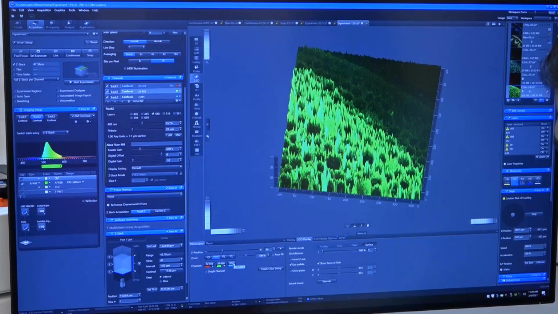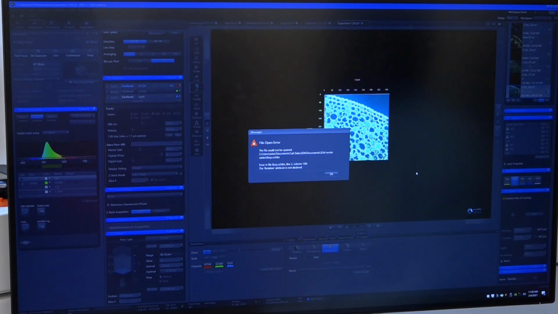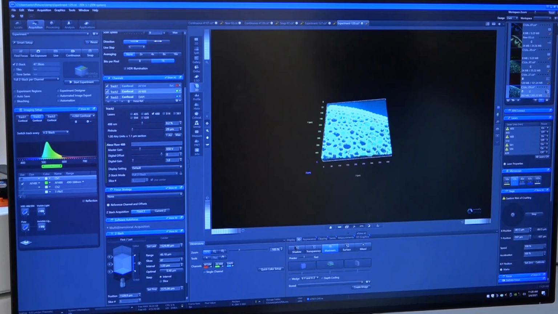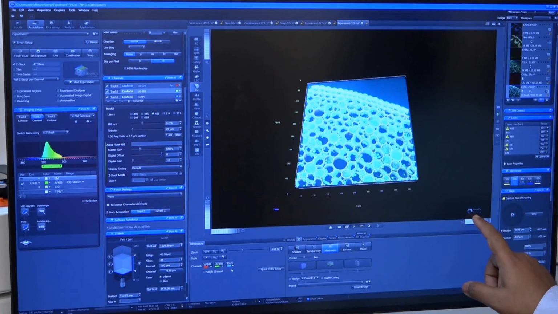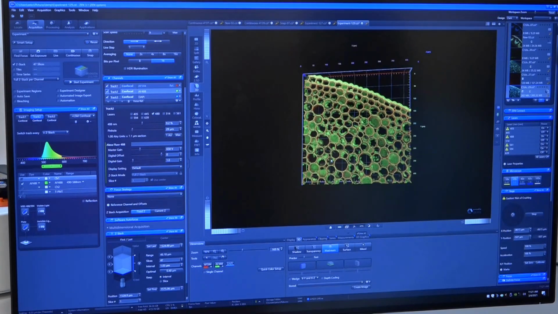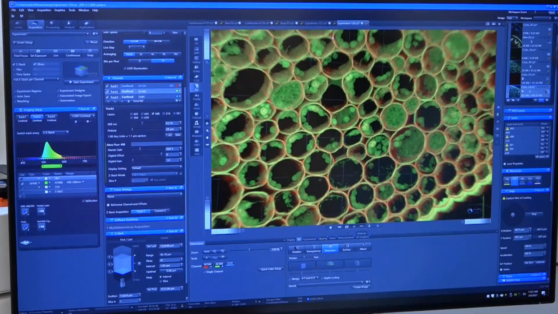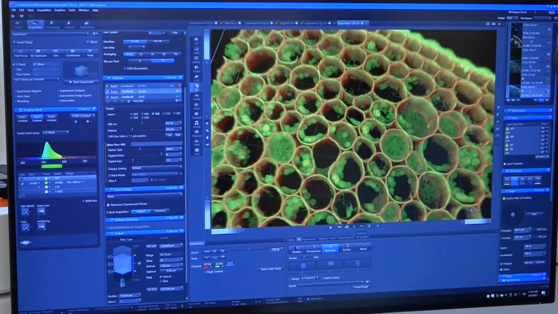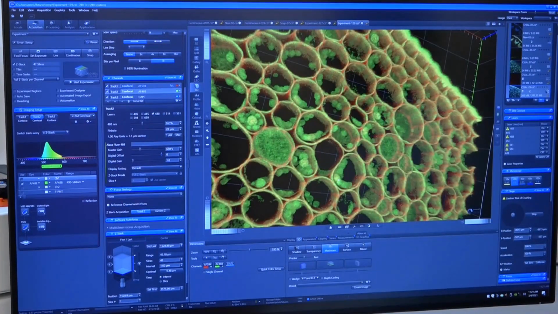You can also have a 3D option. So the 3D is powered by Arivis. Arivis is a software usually used for high-end 3D imaging. Recently Arivis has been powering the 3D component here, and if you see this image, you can have a 3D aspect of it. This is a thick sample, and if you want to do 3D, you can rotate it at different angles, and then you can have the image.